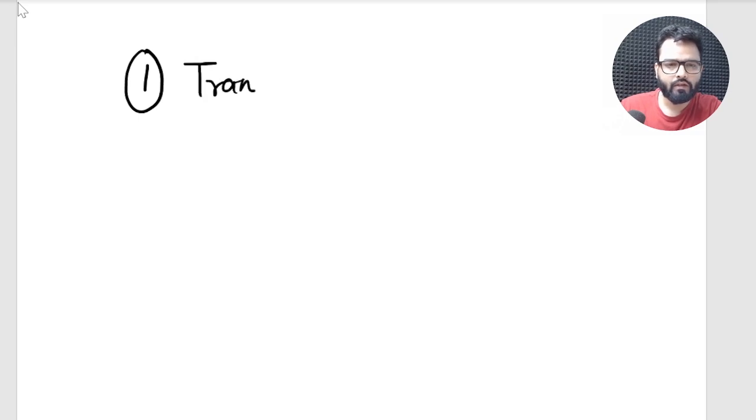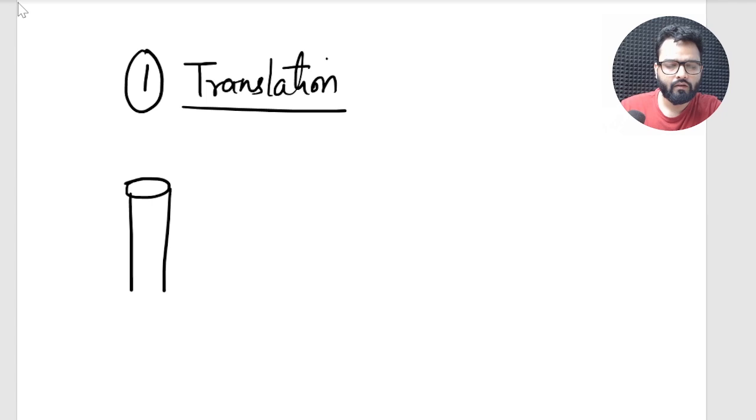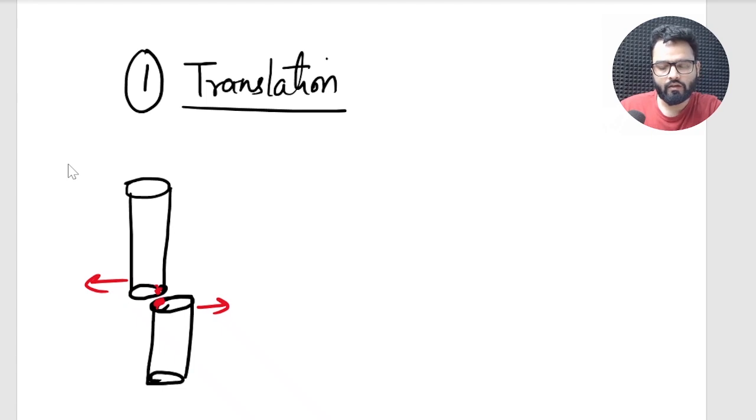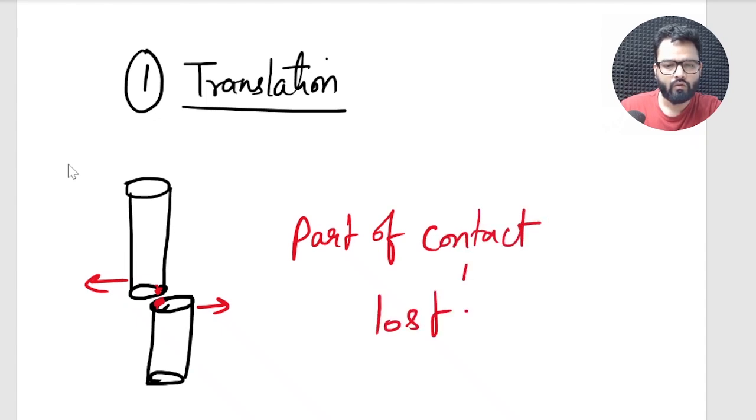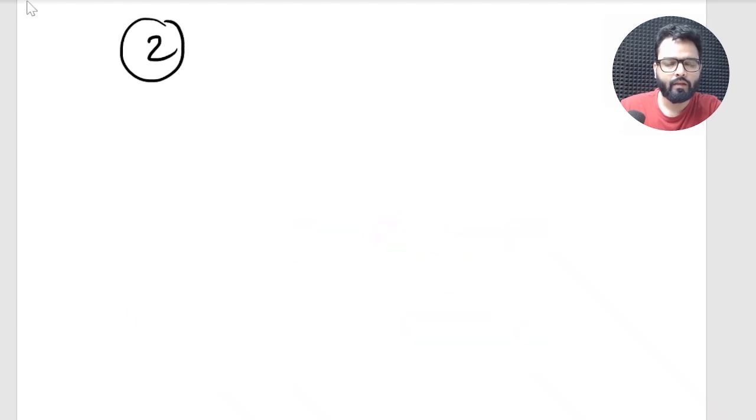First is translation, in which the bony fragments move sideways, forwards, or backwards, and the both ends are not in contact with each other. Only a part of the cortex is in contact, so the contact is lost or decreased. The second type of displacement is angulation